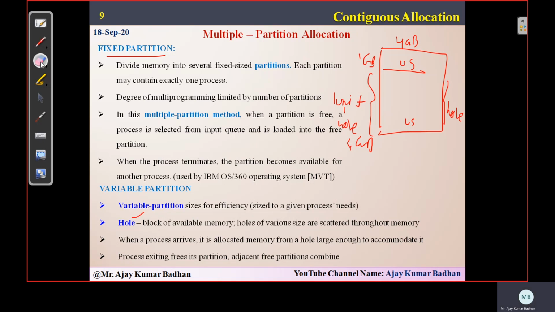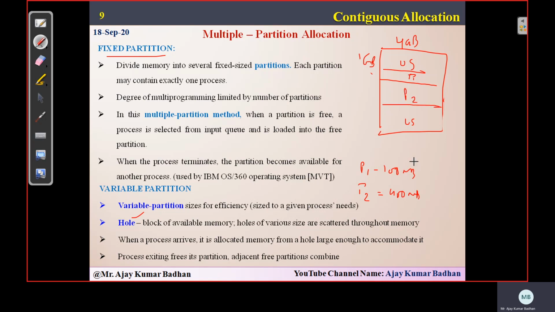Okay, now whenever a process comes up, that much amount of memory will be allocated based upon the process requirement. Suppose P1 came. P1's requirement is 100 MB. So from this entire 3 GB, 100 MB will be allocated to process P1. After some time, process P2 came, requiring around 400 MB. The system tries to find out whether 400 MB is available. Yes, we do have 400 MB, so it will allocate 400 MB to process P2. Then P3 came, requiring 500 MB, so we allocated 500 MB.